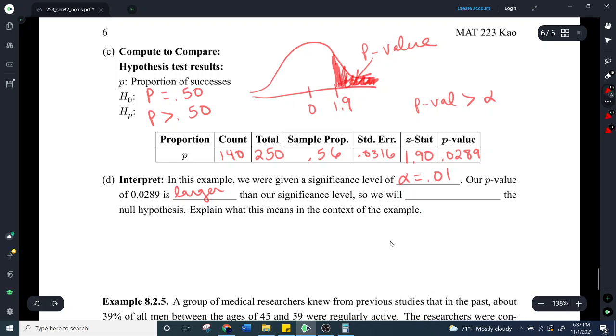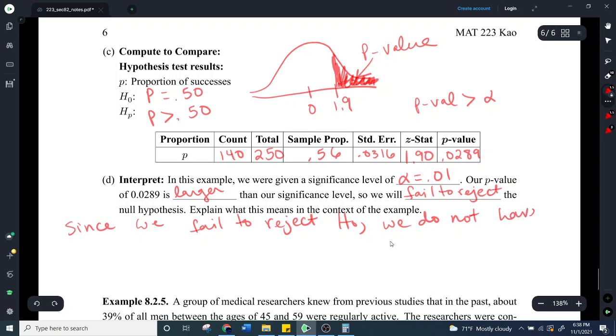So we will fail to reject the null hypothesis. That means we think the null hypothesis is probably true. We don't have enough evidence to support the alternative. So since we fail to reject the null hypothesis, we do not have evidence